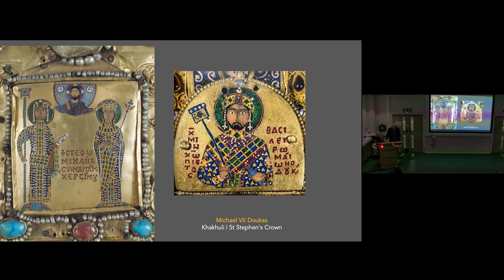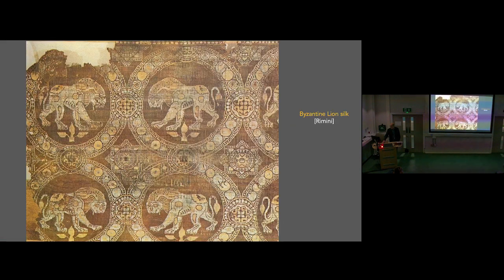But I do worry about whether we can find a distinction between the finest craftsmen in the court workshop and the idea of mass production workers. And this is the problem, I think, that I really want to finish with: trying to work out how we distinguish those things. And where you do find evidence in Byzantium, which again comes from the Book of the Eparch, the hierarchical distinction comes from between materials rather than from craftsmanship. So